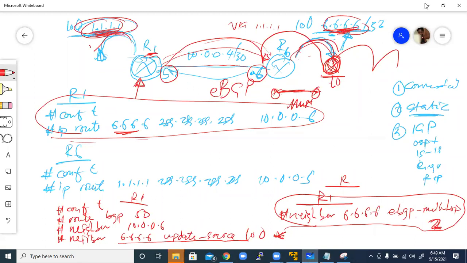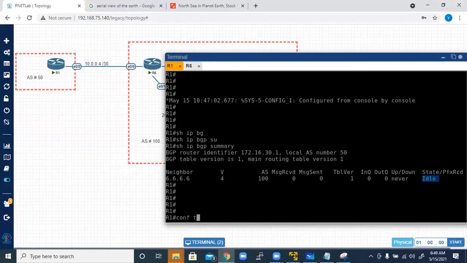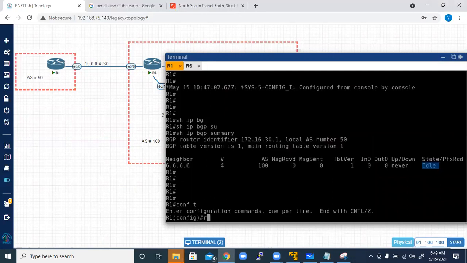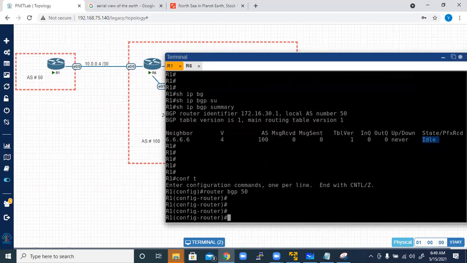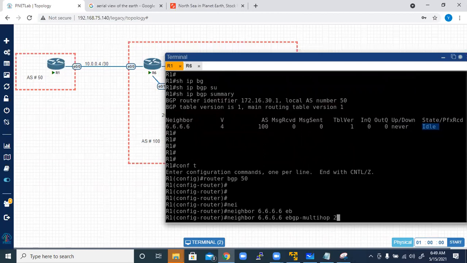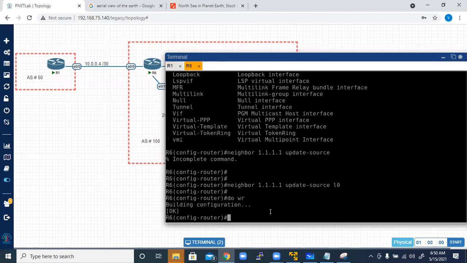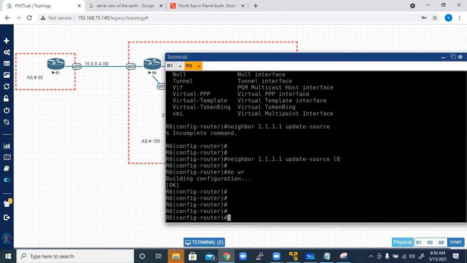Let's try that to see if it will work for us. So on R1, conf t, router bgp 50. Now neighbor 6.6.6.6 ebgp-multihop 2. Enter. Let's go on R6 to fetch the same command. We're already in the BGP mode. So neighbor